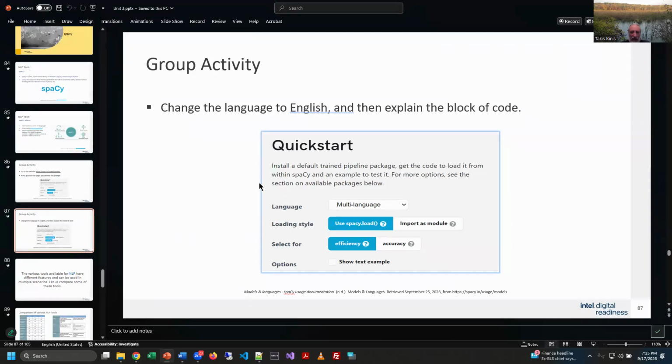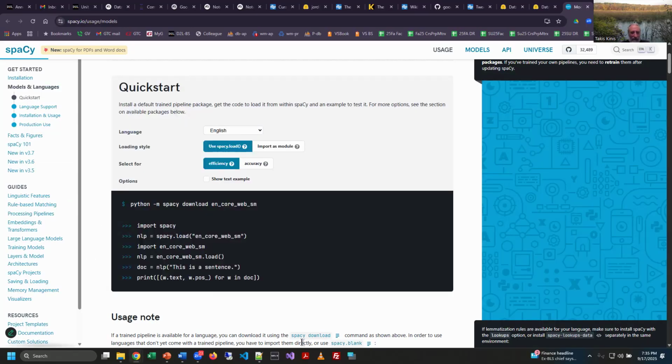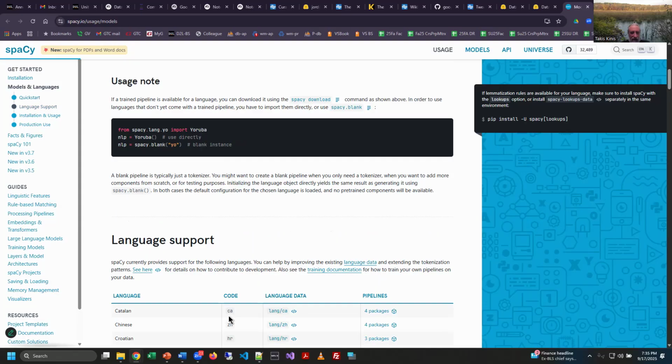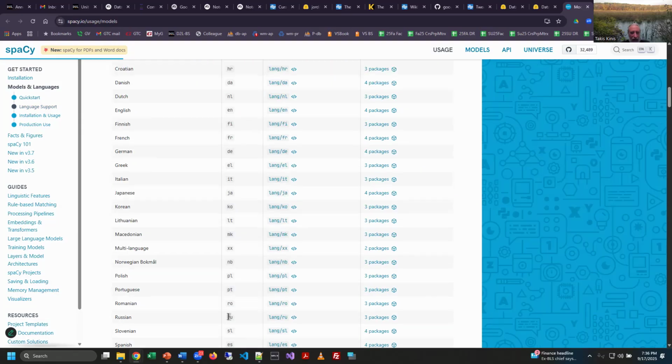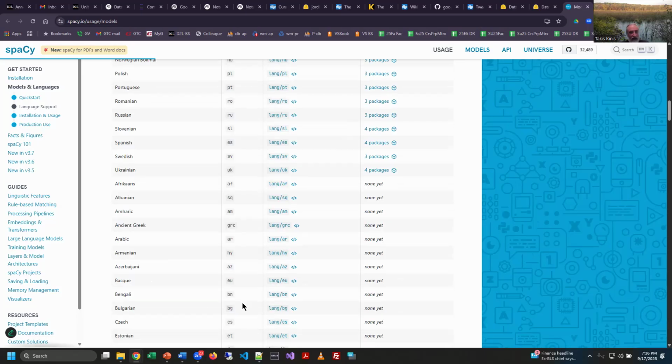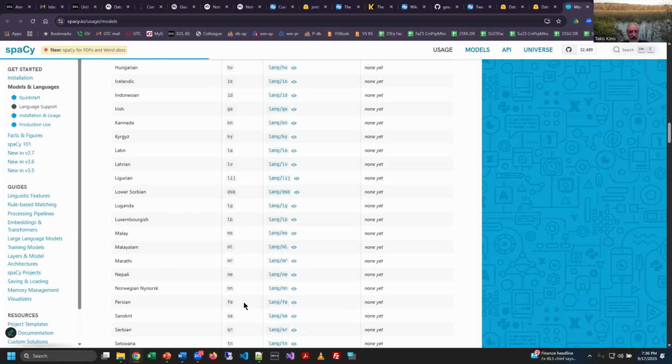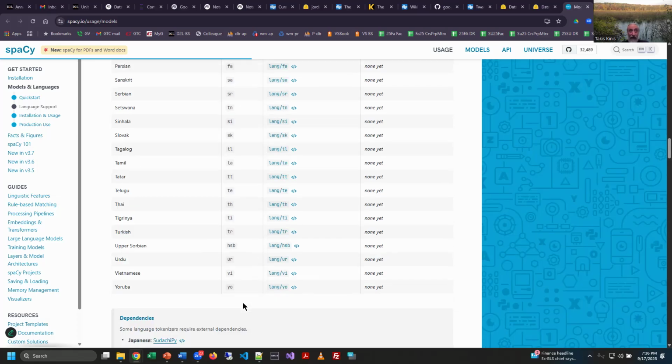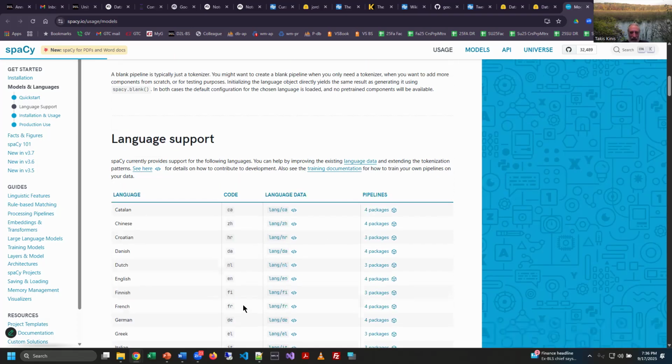I think I'm just looking at the settings here. I think I have them set correctly, right? And I want you to notice all the different languages it supports. Hey, ancient Greek, who would have thought it, right? Just in case you need that. But oh my God, that's a very impressive list of languages they have here.